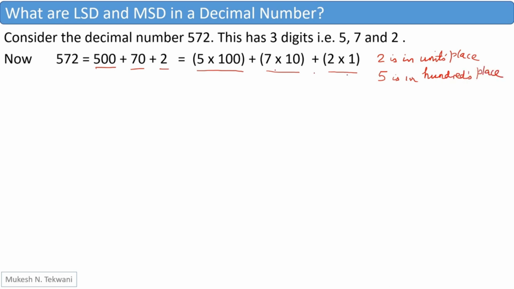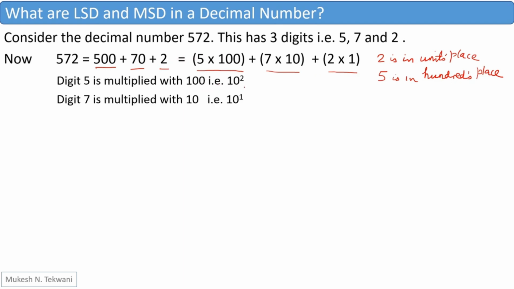So this is our value 572. Now you will observe that this has been written as 5 times 100 plus 7 times 10 plus 2 times 1, and here the digit 5 is multiplied with 100, which in powers of 10 we can say is multiplied with 10 raised to 2. Similarly, digit 7 is multiplied with 10 raised to 1, and digit 2 is multiplied with 1,